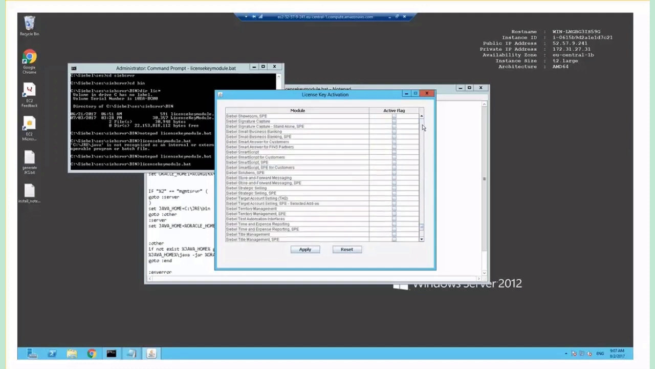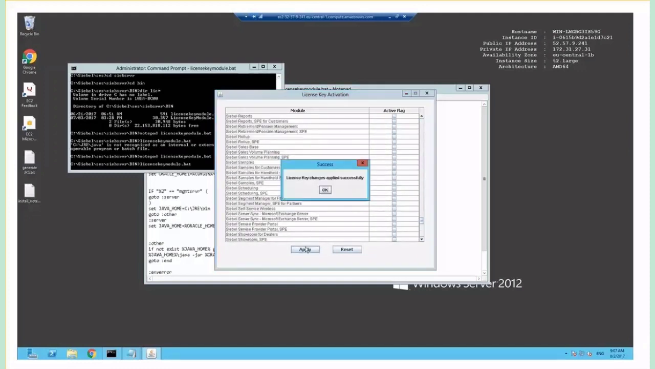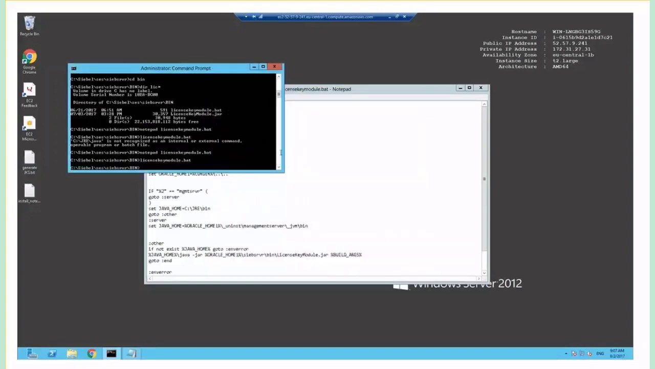So, okay, got that settled. So you can click apply. And the changes are made to the database. So now there are at least 2 active license keys, which is